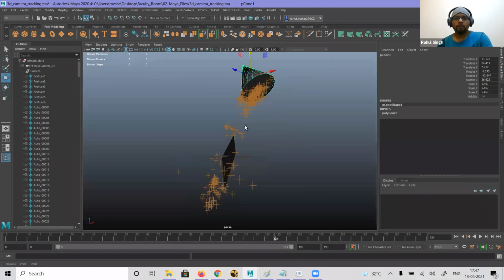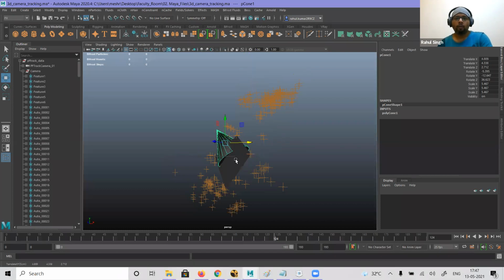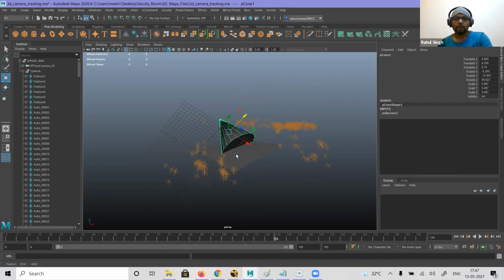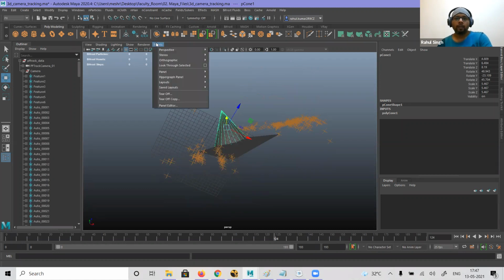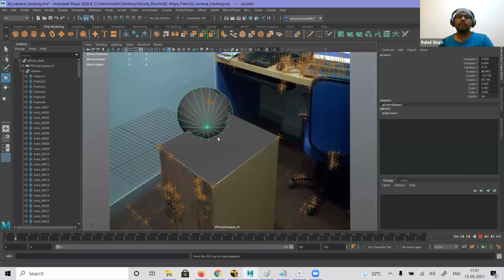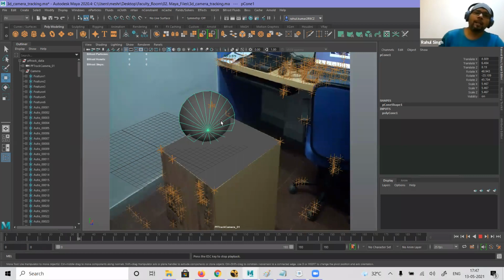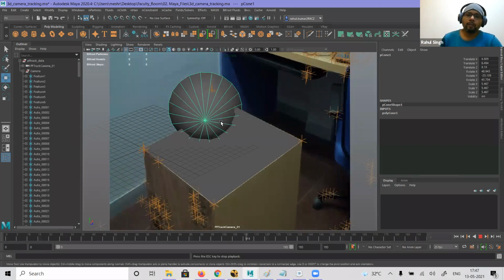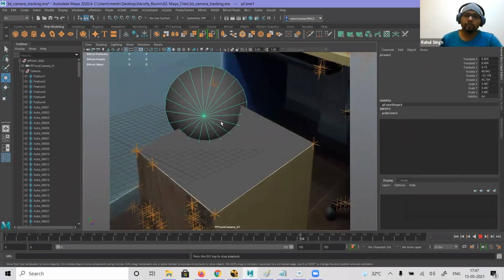Okay, so this problem is because yesterday we did not solve the camera very accurately, so this problem will be there because there was a two RMS error. I told you before that the error should be very small, then only it will be right. Okay, so when we do this, it will look like it has been totally placed there. But you will find that this object will not move from that place. It will look like it is static there.